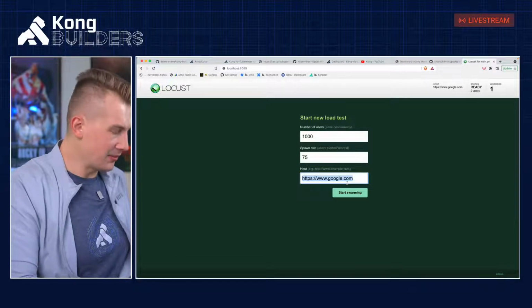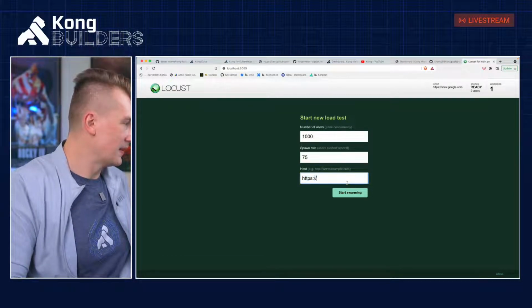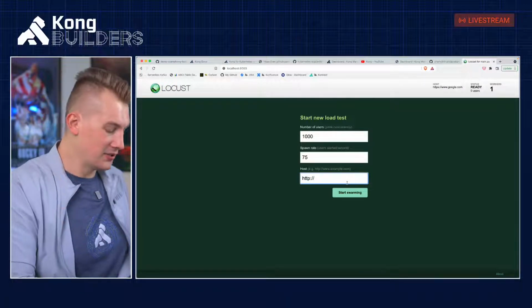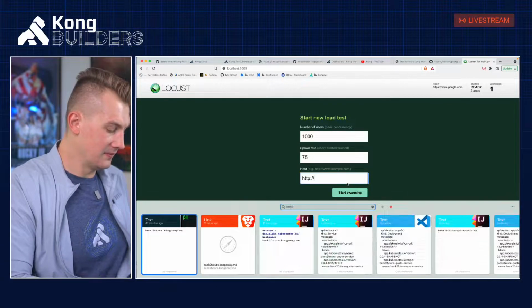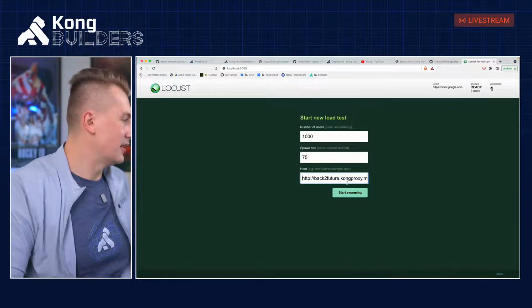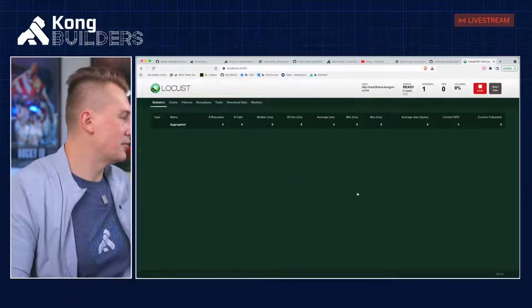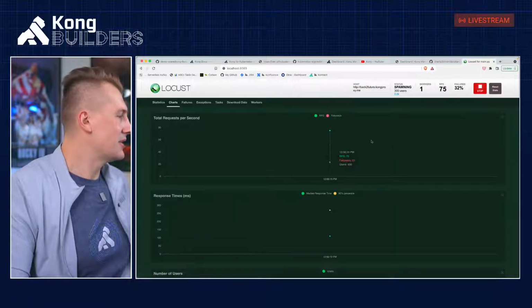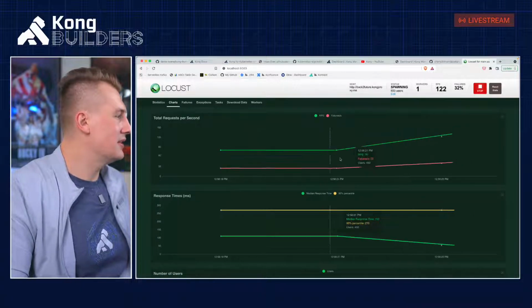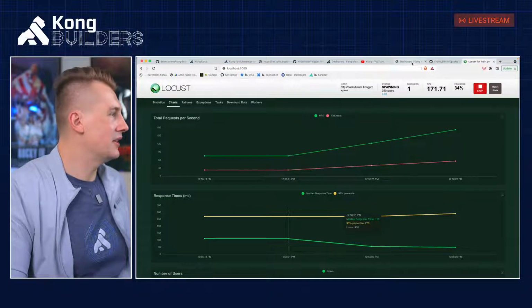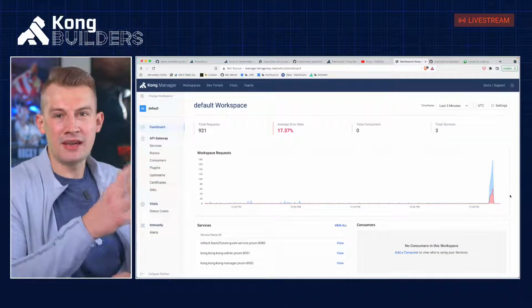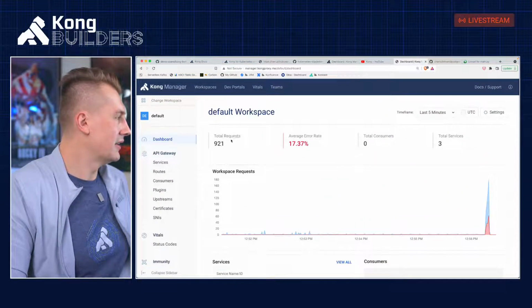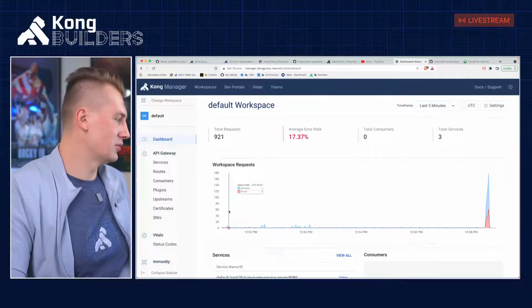Next thing is that I'm going to be using, since we have an ingress configured to a particular DNS name, so we can use this back to future thing. And when I start swarming, okay, we will see the charts here. So now we will see the charts, how we're hitting our service. And we will be able to see vitals here as well. And the number of requests will grow.